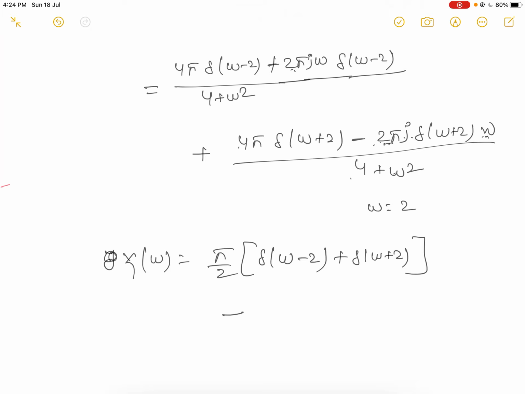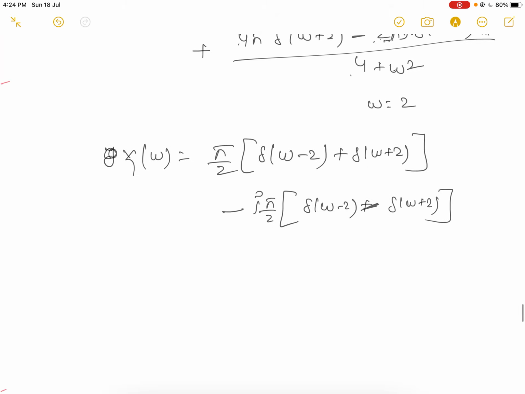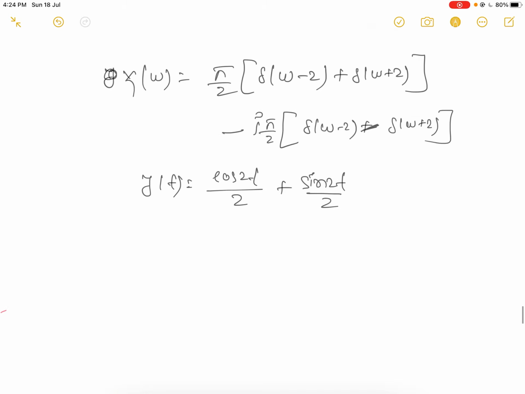Okay, then it will be also minus j pi by 2 and delta(omega minus 2) minus delta(omega plus 2), and when you take the inverse, it becomes y is equal to cos 2t upon 2 plus sin 2t upon 2, and after simplification, root 2 multiplication, all these things, it becomes y(t) is equal to 1 by root 2 cos of (2t minus 0.25 pi),